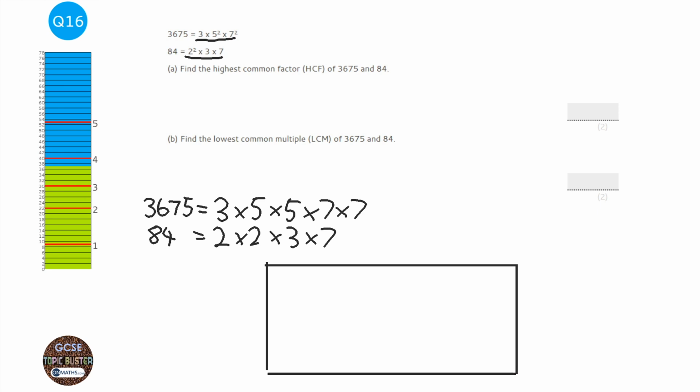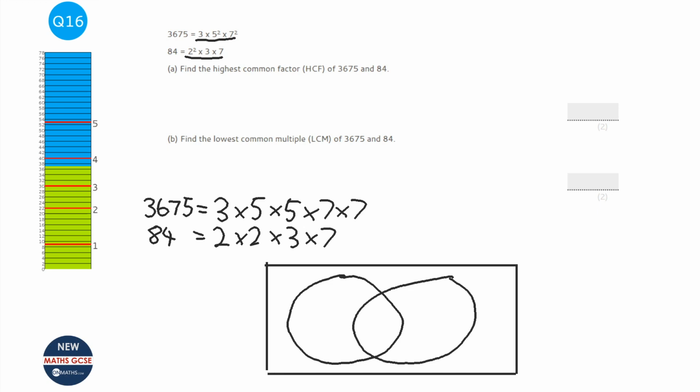Okay, now I'm not very good at drawing circles, but I'm going to try my best here. I'm going to try and make the circles as big as possible. So we've got 3,675. I'm just labelling which circle is which, and this is 84. And to do the Venn diagram, we're just going to go through the numbers and write out which ones overlap